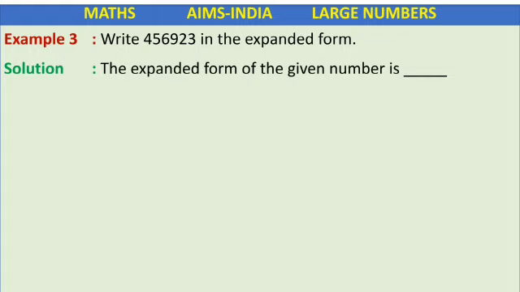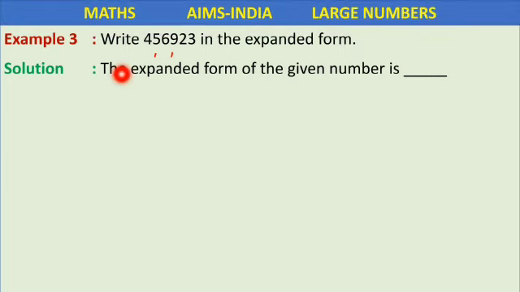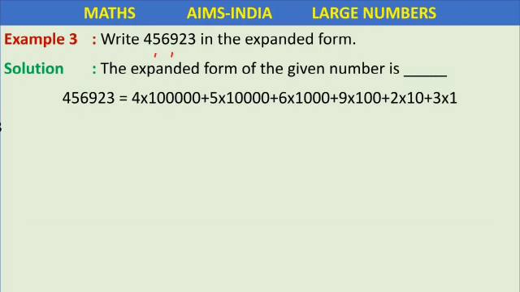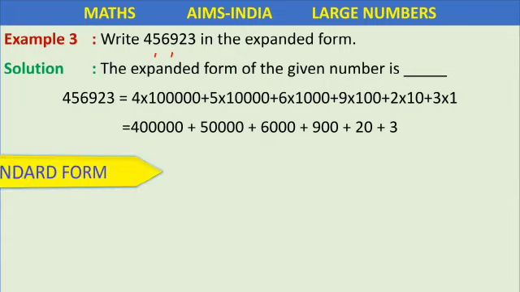Another example here, write the expanded form of, let us put commas first or else I'll get confused. Write the expanded form of 4,56,923. Again, 4, we are reading 4 as what, children? 4 lakhs. So 4 lakhs plus 5 as 50,000. 50,000 plus 6 as 6,000. 6,000 plus 9 in hundreds place, 900. 2 is in tens place, 20. 3 is in ones place, 3. Clear, right children? I've already explained clearly how to write the place values. So I am not explaining this again and again.